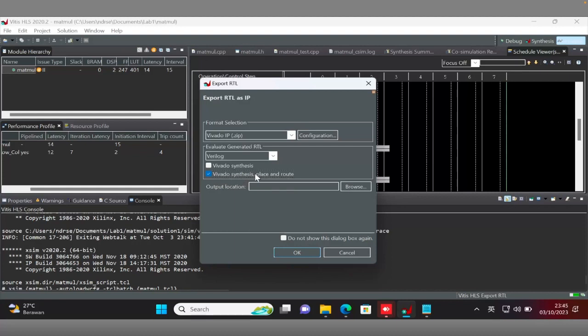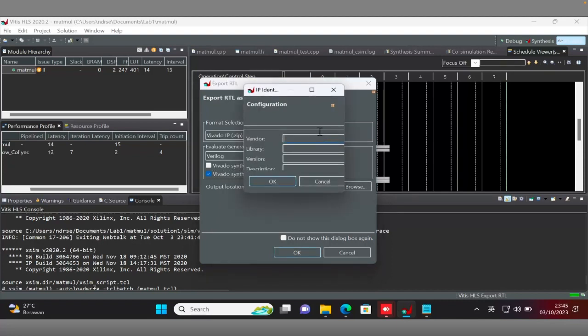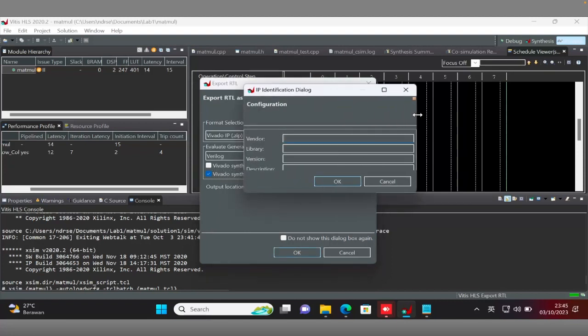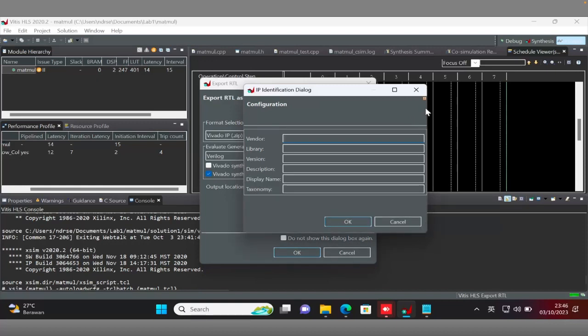They will automatically place and route the device. If you want to make the file configuration,